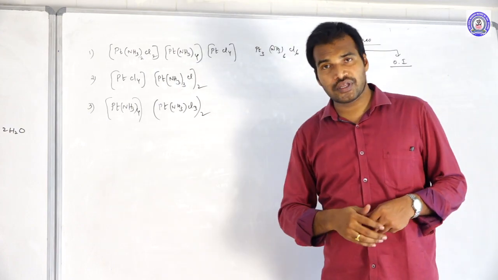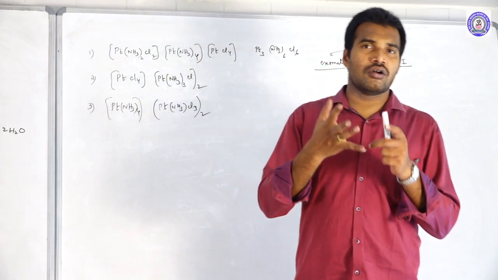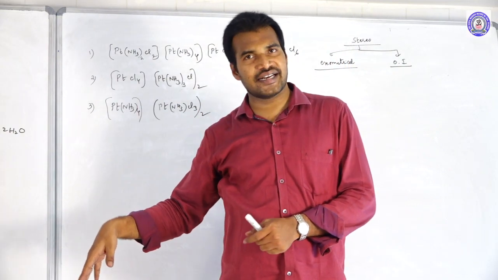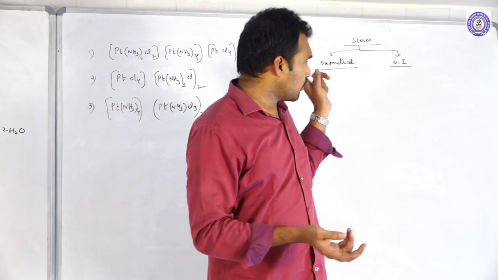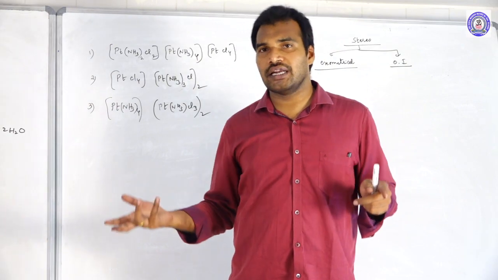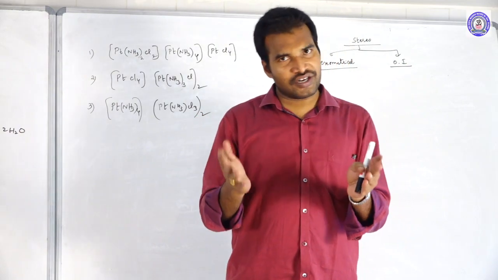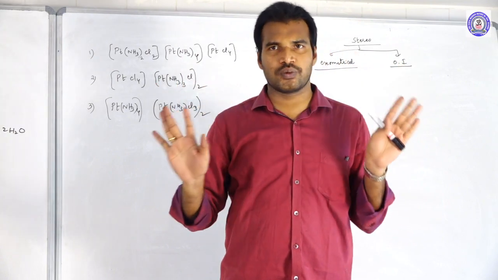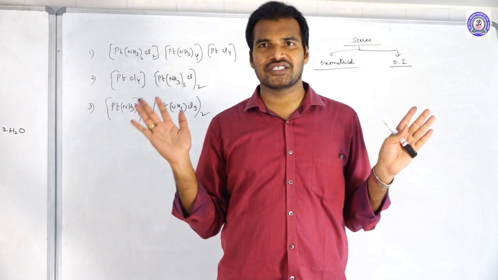Here in optical isomerism, you know what are enantiomers, what are diastereomers, what is a racemic mixture. Dextro means if the complex bends the plane polarized light to the right side, and left side is levo. If they are not bending, then they are optically inactive. If they are bending, optically active. Enantiomers means mirror images that are non-superimposable. See, these are the two mirror images, but they are non-superimposable. That is called enantiomers. Non-mirror images we call diastereomers.